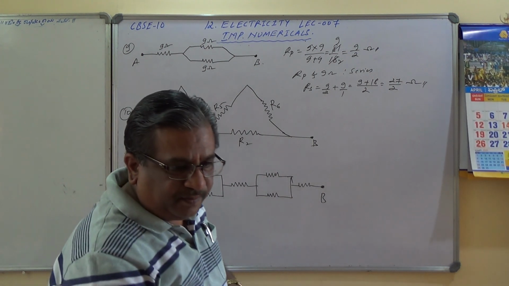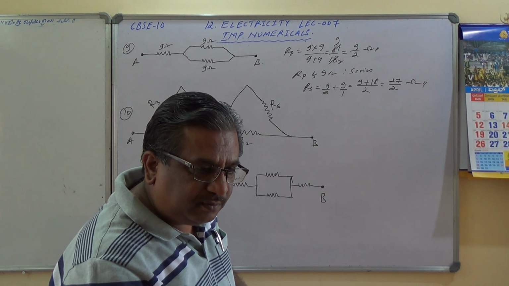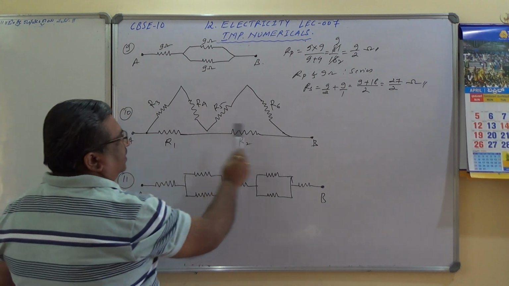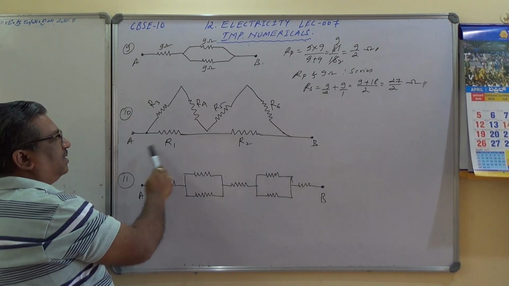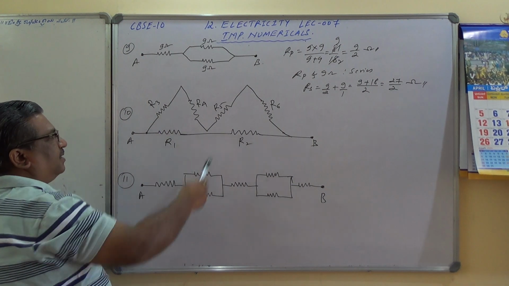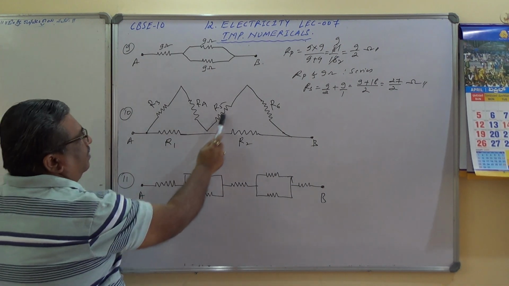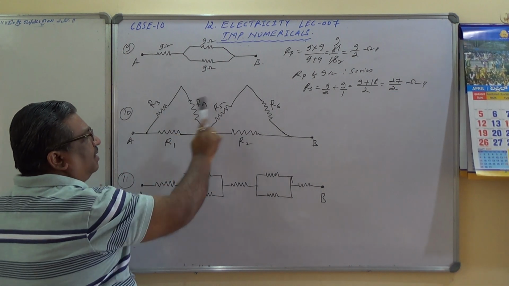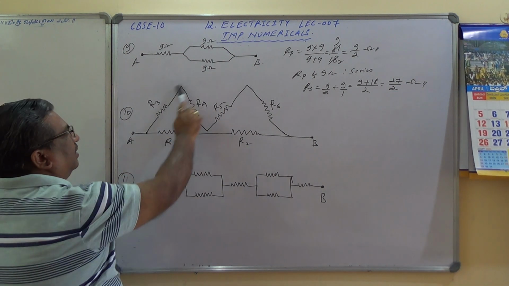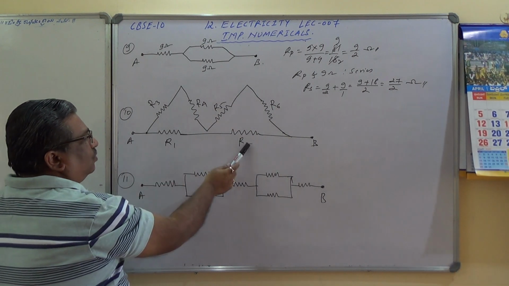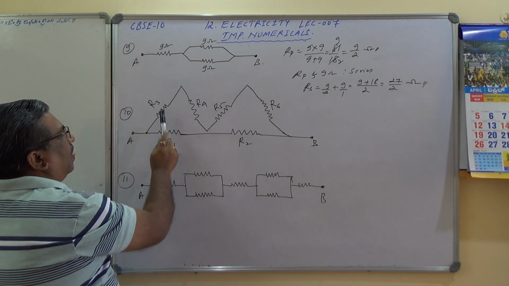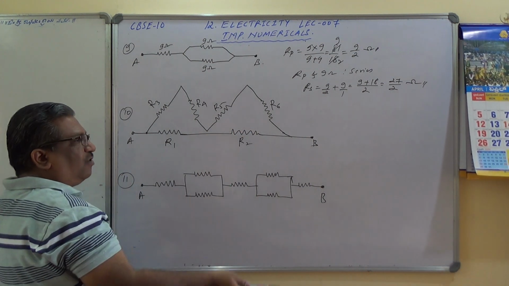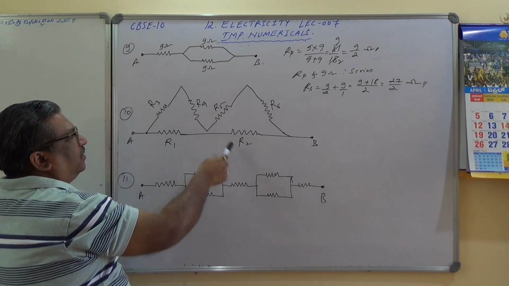Let me check the answer. 27 by 2 ohms. Yes. Next one. Potential difference is applied across end terminals A and B. This is the circuit diagram. This is the same path, but it is taking turns. Therefore, all these resistors are in series combination, and that combination along with these two is in parallel combination. See here, R3, R4, R5, R6 series combination, R1, R2 series combination. This put together in parallel combination.